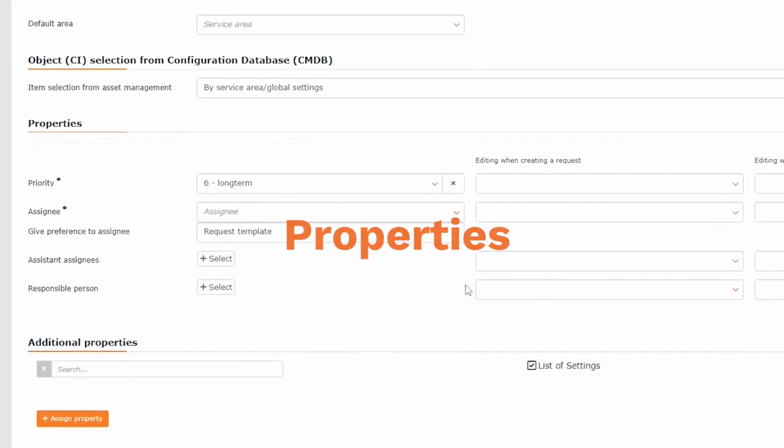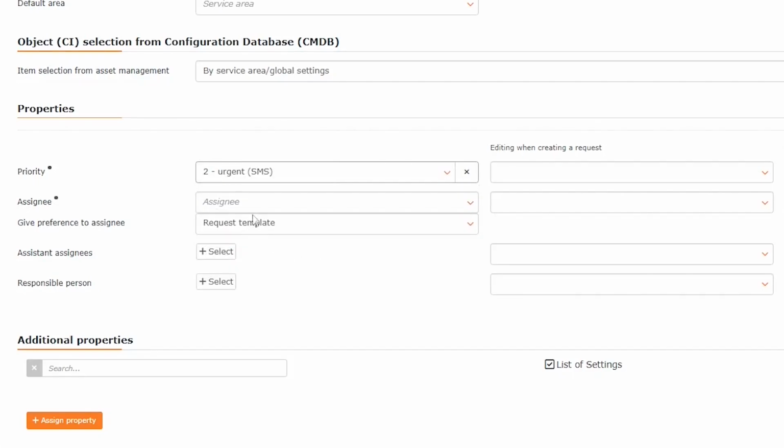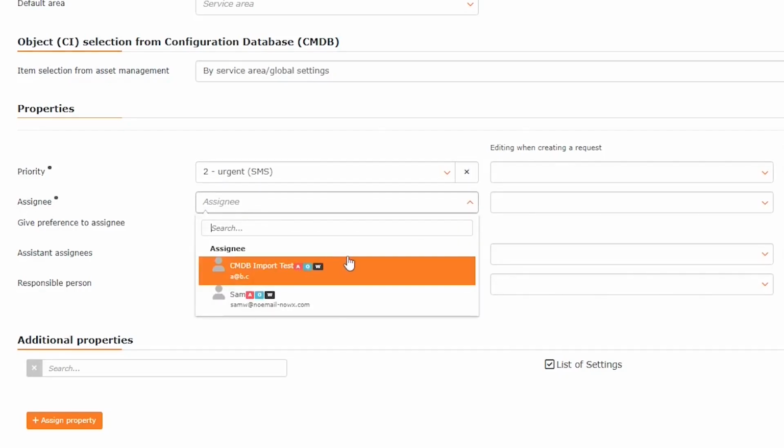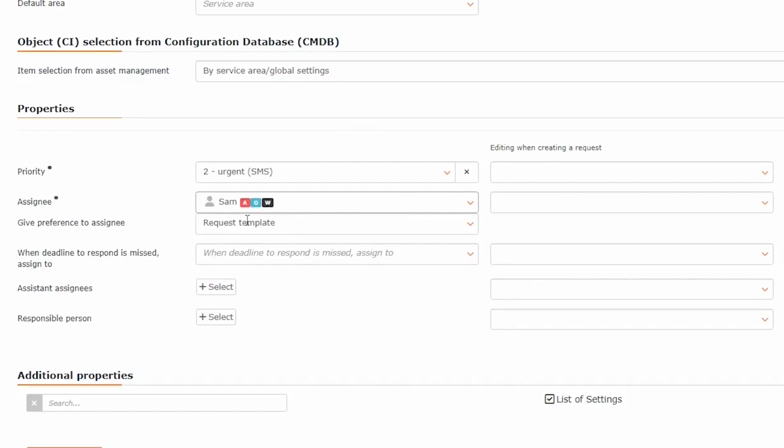In Properties, it is necessary to select the property and assignee of the given request. Priority is your own selection list, which you can set yourself in the global settings, or you can use the pre-prepared priority selection list. In the Assignee field, it is necessary to select an assignee who will deal with the